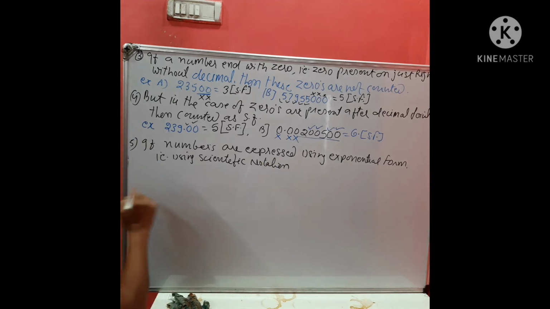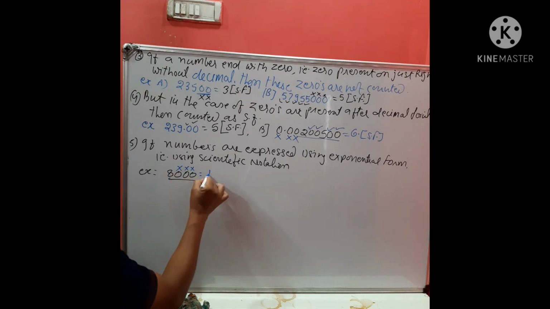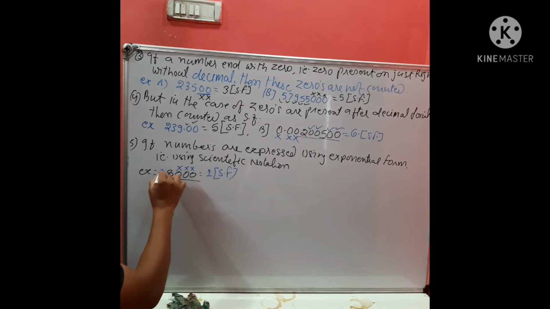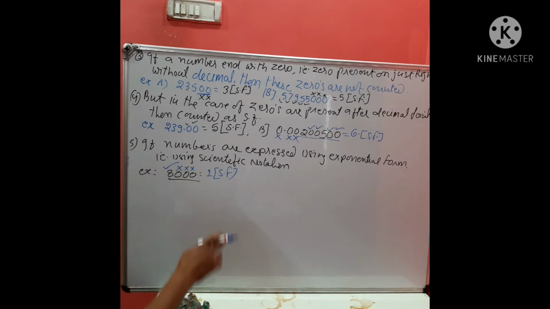Example, 800. Now these zeros are not considered significant figures, so there will be only one significant figure, which is 8. These zeros will not be considered significant because they are present after a non-zero digit